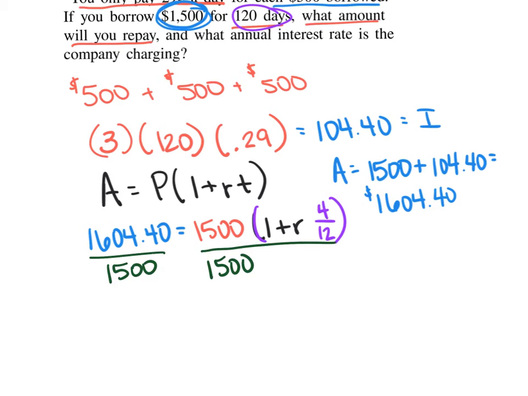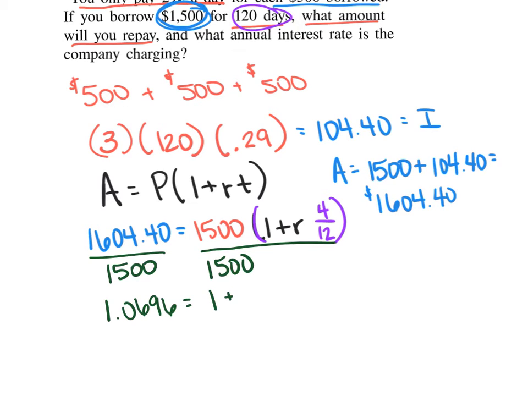So $1,604.40 divided by $1,500 is equal to this right here, and that equals 1 plus 4 divided by 12